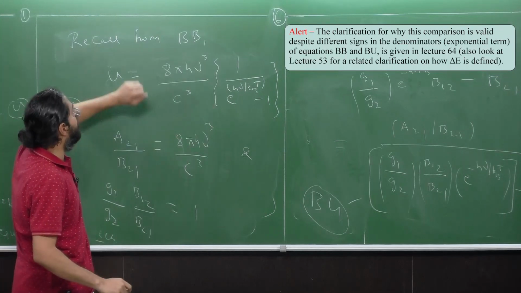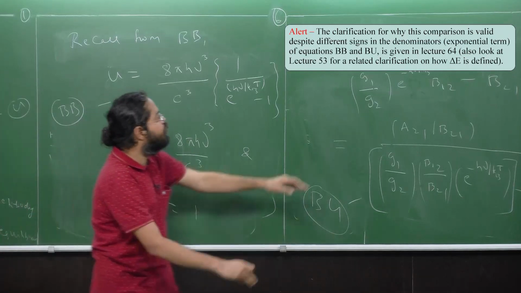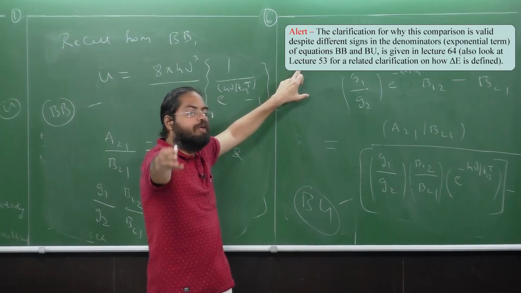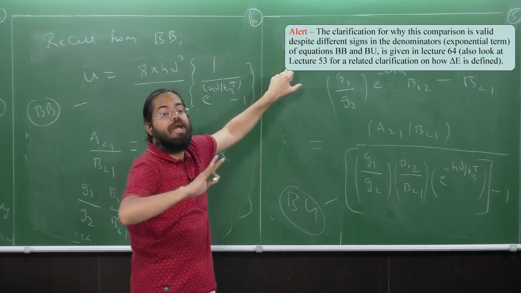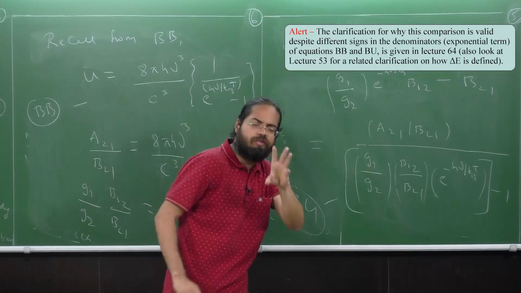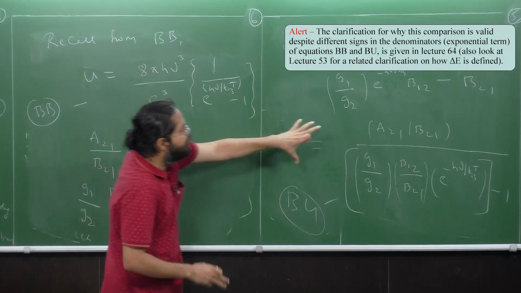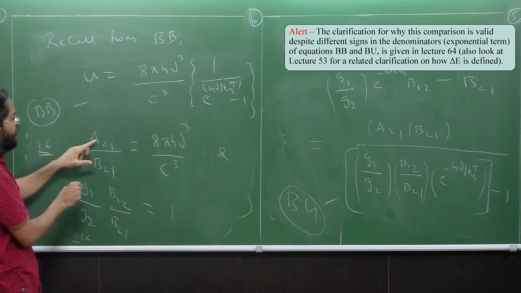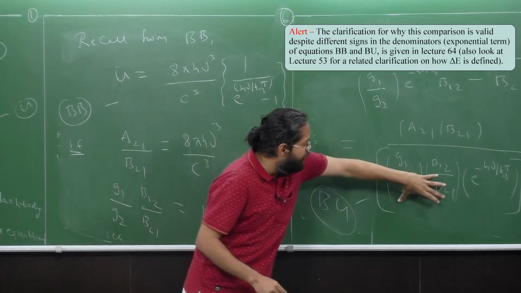We're just looking at the expression for u from the black body radiation and comparing it with whatever we derived for the Einstein coefficients, the connection between Einstein coefficients as part of light interaction with matter under LTE conditions, that is, under local thermal equilibrium conditions. We obtained two somewhat similar looking expressions, and based on that, by comparing the numerator and denominator, we have A21 by B21 equal to this term right here, and this whole multiplicative factor to be